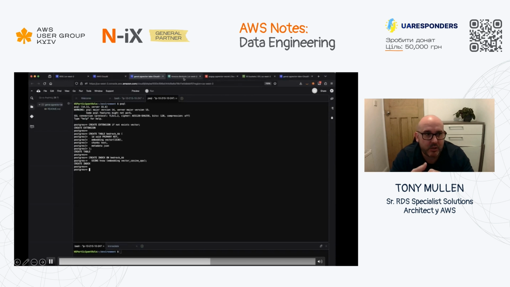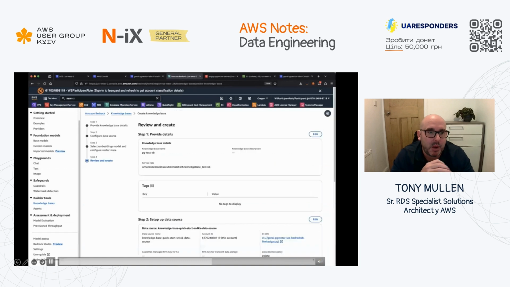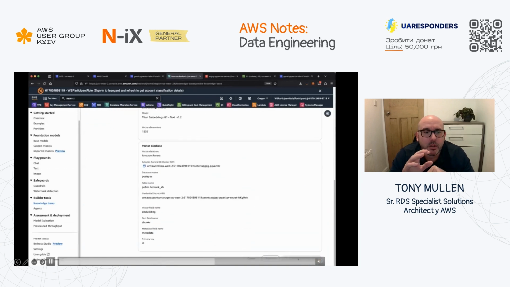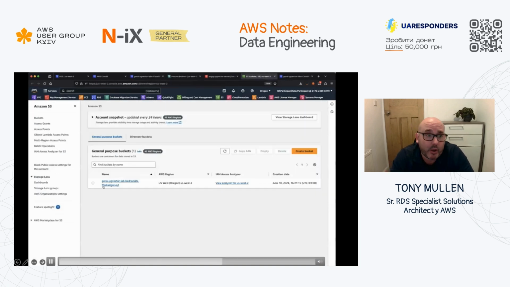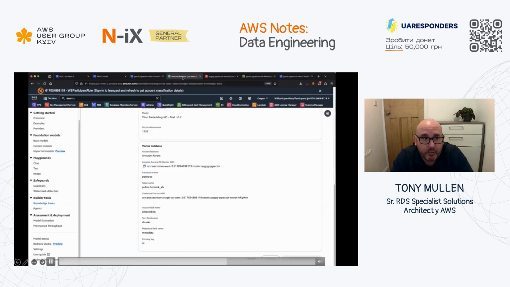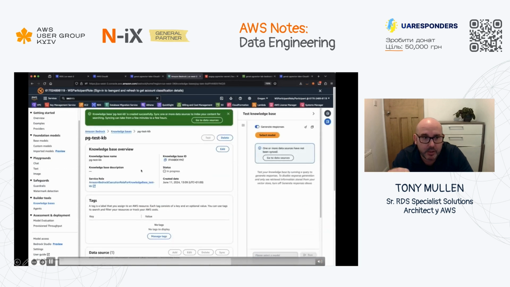So you can see we've got embedding, chunks, metadata, ID, and how they map over into our knowledge base. That's all the information you need. Now we can click create knowledge base. This will take a minute or two to create if you're using a pre-created database. If you're going to use a starter database, the starter database is OpenSearch, it takes slightly longer. So we're just showing the document in the S3 bucket here. This is the document we're going to pass through the workflow for retrieval augmented generation.